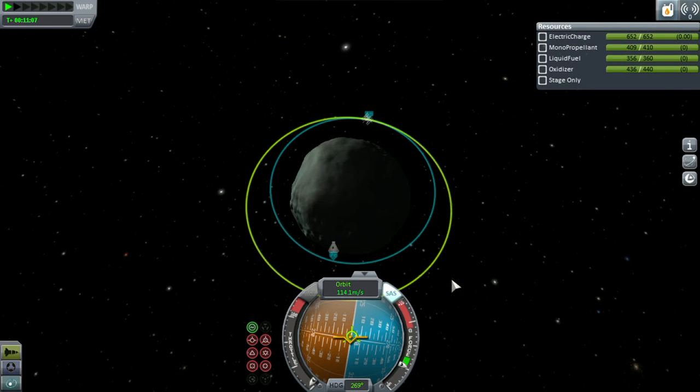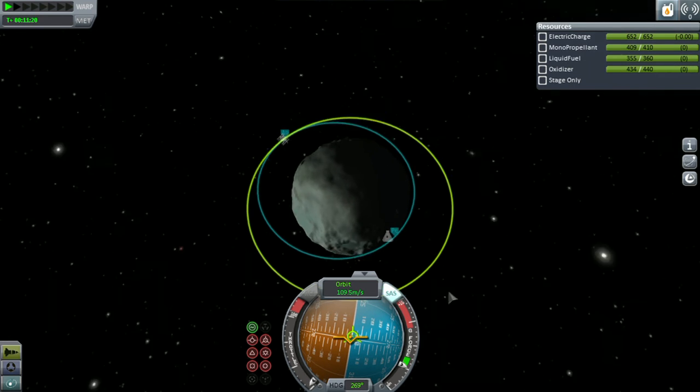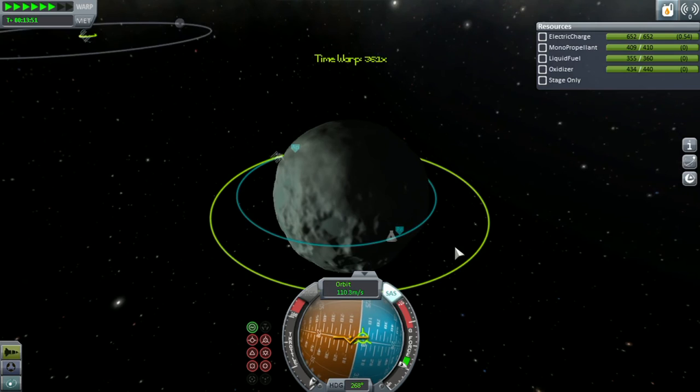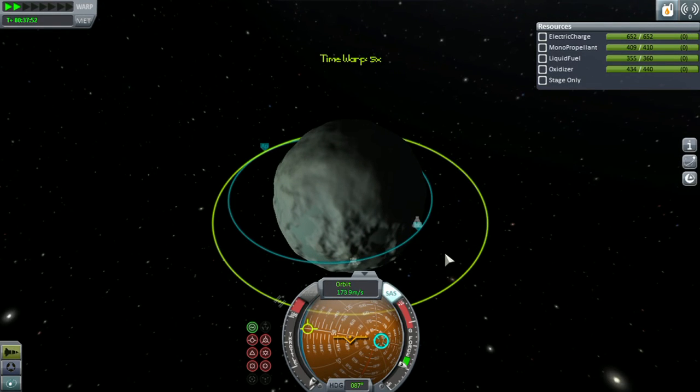Probably should have done this a little bit later because, of course, Minmus is going to have orbited around a little bit before we get there. So I'll leave it at about 5 and I'll readjust the burn. I'm not going to actually put the periapsis on the ground because the habitat will have rotated a bit, see? Yeah. So...